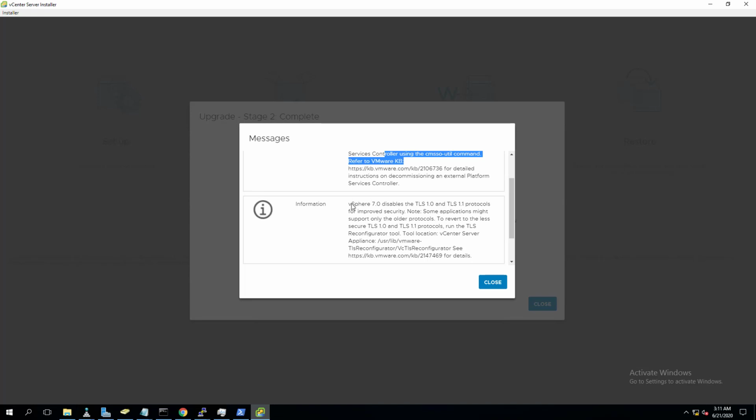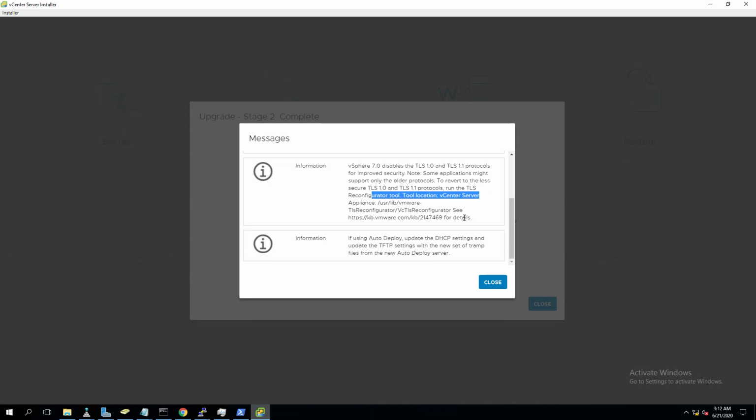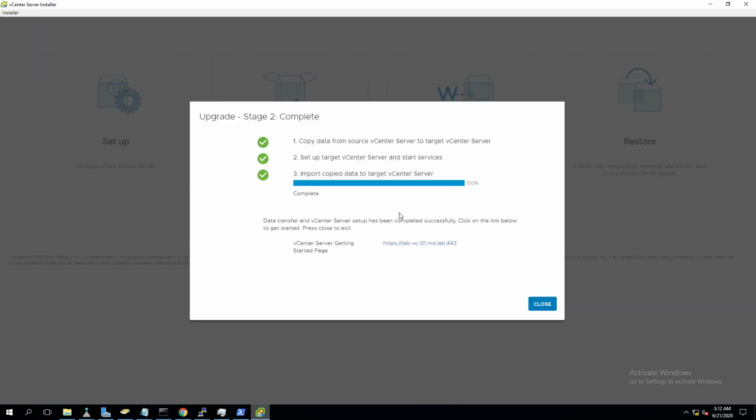This is because you may want to roll back to the existing deployment if you see some issues with your vCenter Server 7.0 upgrade. So once the upgrade is done, we need to manually perform the decommission. It also talks about the TLS changes in the vCenter server. That's fine.